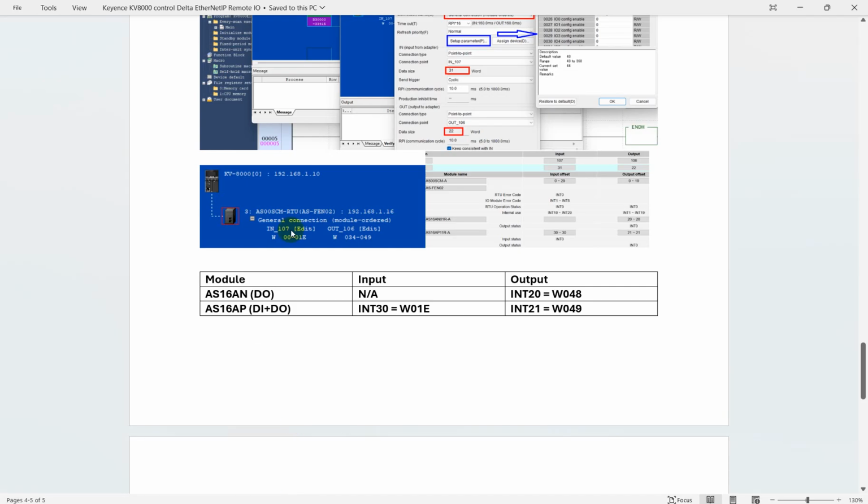Okay, then we can go back to here. So as I mentioned, we have two modules. First one is for digital output and second one is for the mixed digital input and output. So this would be the meaning of the data register mapping to the Keyence PLC. So for the digital output, as you can see, the output is for int 20. So int 20 maps to,